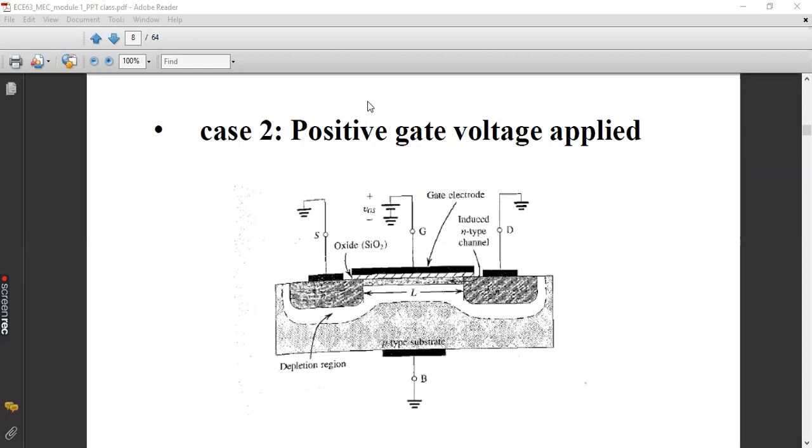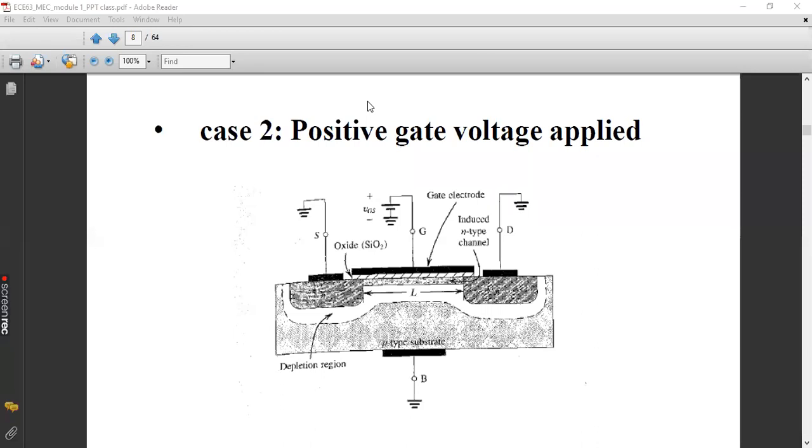This minimum required positive gate voltage for the channel to get induced is known as the threshold voltage. Simply, if you give 0.1 positive volts, it will not give any induced channel. The channel will get induced only if the gate to source voltage VGS is at least equal to the threshold voltage.